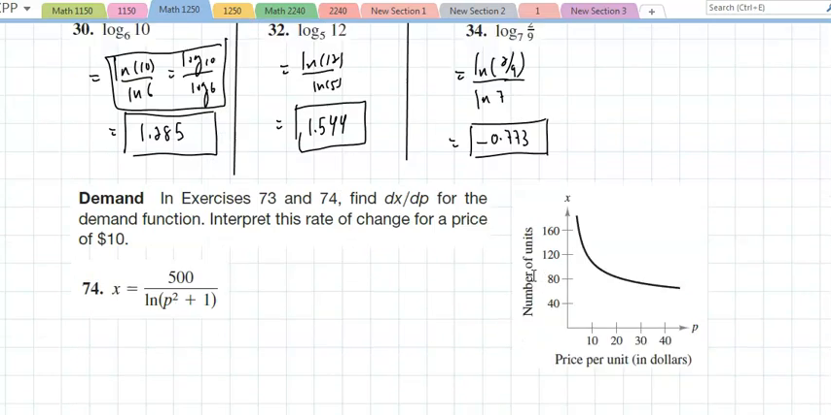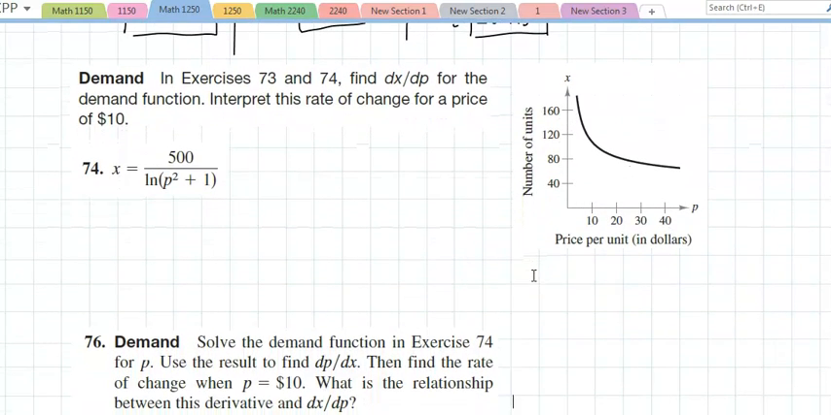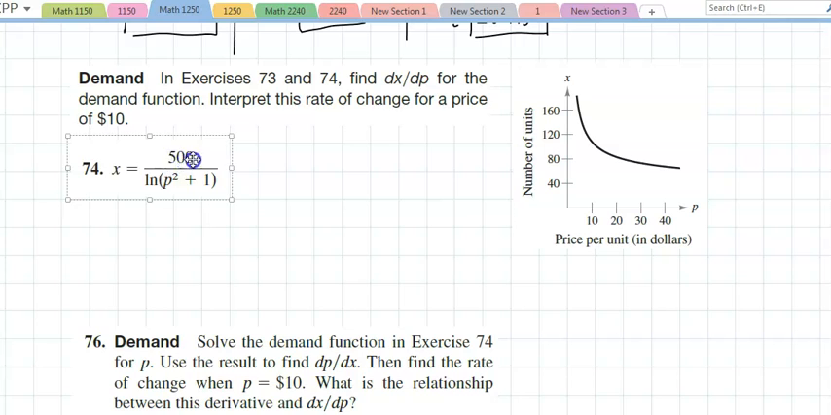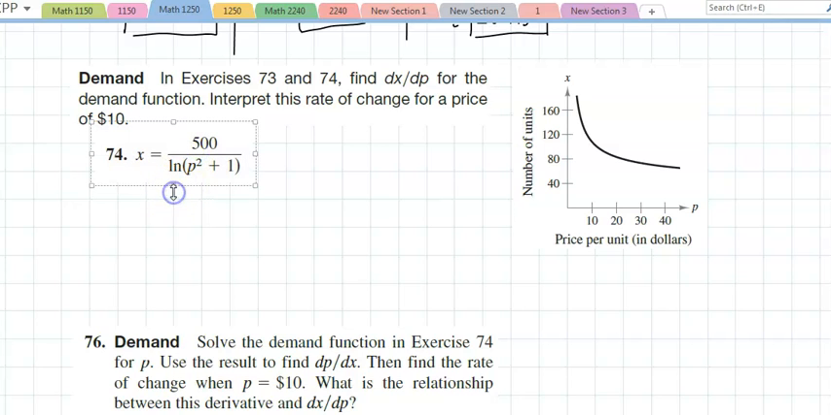Now, when I get to the calculus part, this is number 74. It says demand. And in 73 and 74, find the derivative of x with respect to p. X is the number of units, p is the price in dollars. That's what demand is. So if I take a derivative of this,